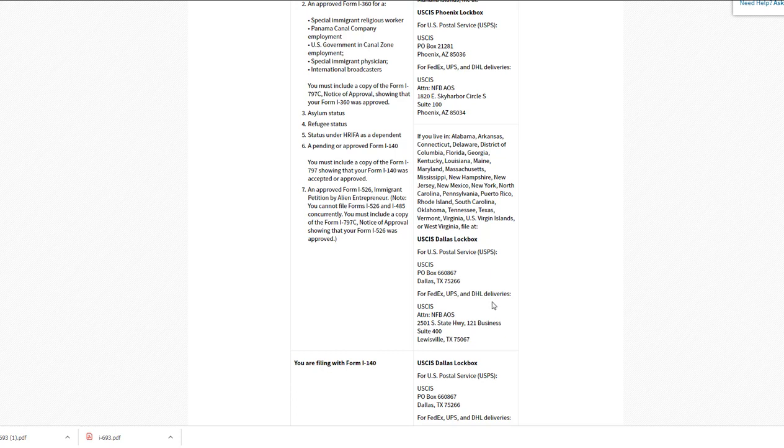I've seen a lot of people make that mistake. If you're sending your package with USPS, which is U.S. Postal Service, make sure that you send it to this P.O. box right here. If you are sending with FedEx, UPS, DHL, or even USPS with, like, a delivery confirmation or express, send it here. Honestly, I recommend always to send with a regular USPS, with a regular priority envelope that